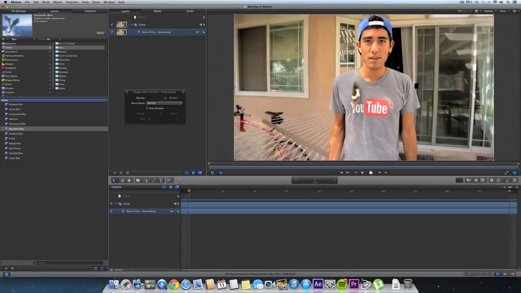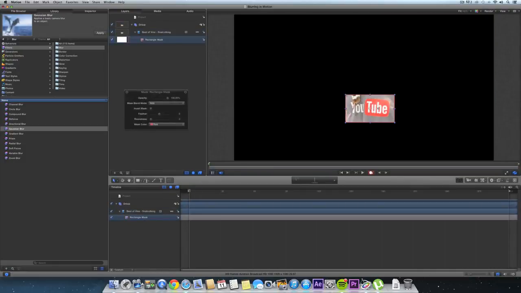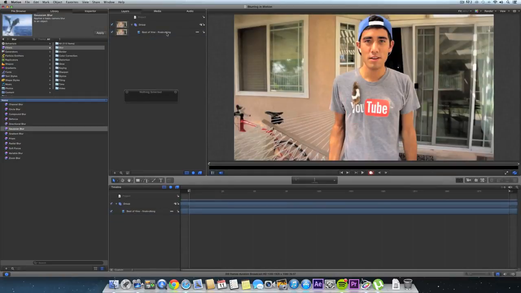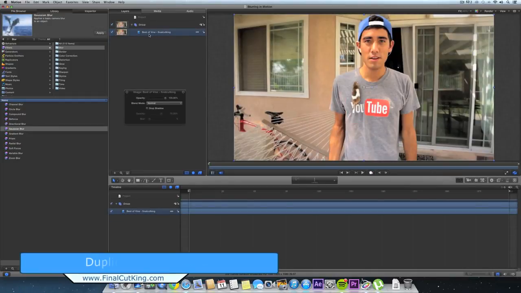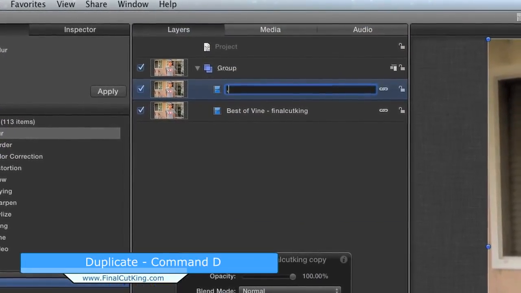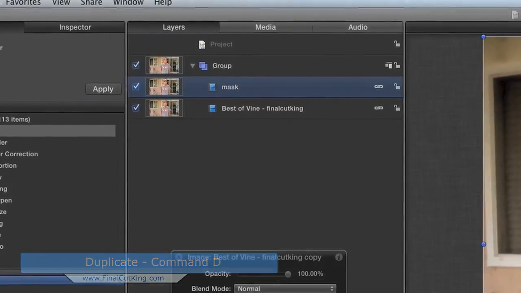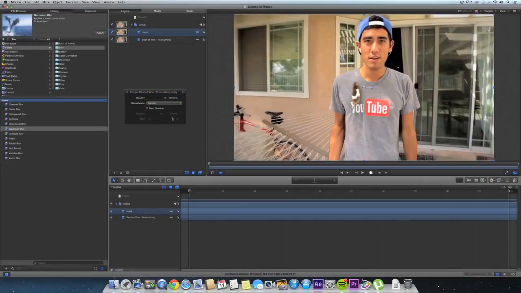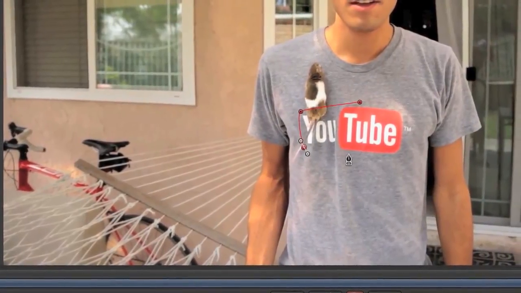Anyway, go down here to your mask when you selected your layer. And we're going to go to a Bezier mask. Now, sometimes, depending on the logo, you could just do a rectangle mask right there, which we could do, but Vinny will be cut out, so I don't want that. Undo. So let's duplicate this layer first of all. Command D. And I'm going to call this the mask. And so now we'll select the mask, go down here, and we'll go to the Bezier, and we'll just draw our own around here. Now, he's going to be blurred out a little bit, but,